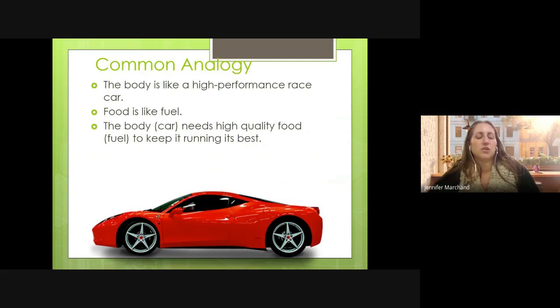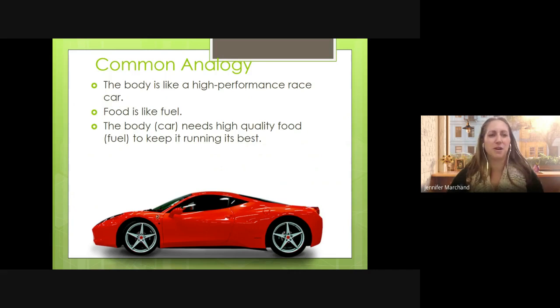Okay. So here's a really common analogy. We need to think of the body like a high performance race car, and then the food that we eat is the fuel. So if the car or the body gets high quality fuel, the best fuel that it can possibly get, it'll run its best. So if you're eating a bunch of junk food, fried food, etc., your body might not run at its best possible measure because you're not feeding it what it needs. And we'll talk